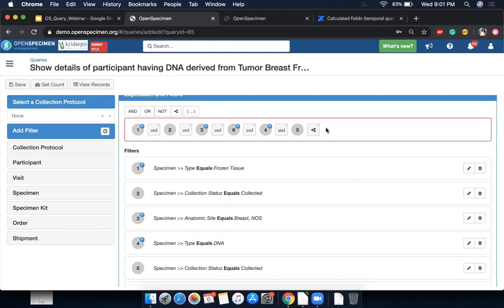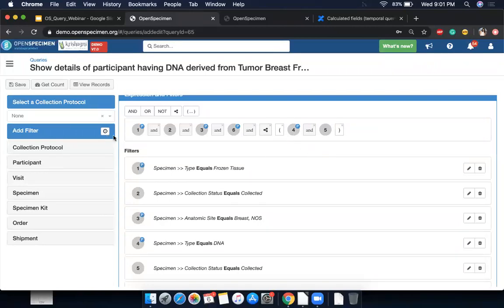So I'll add this and it will always get added in the end. So you just click here and drag it before the child conditions. Okay. And then you need to combine the child conditions. So you just put the parentheses for 4 and 5 here. So I'm sorry, this comes after and. So yeah, this is how you do it.